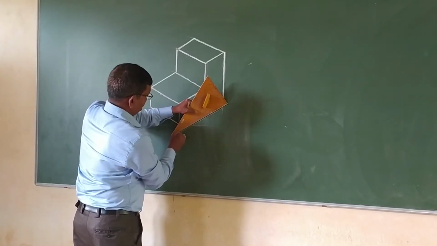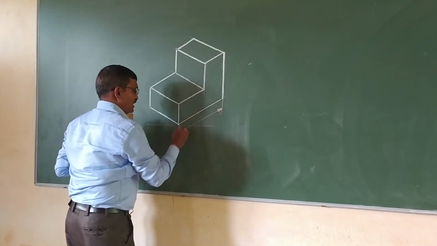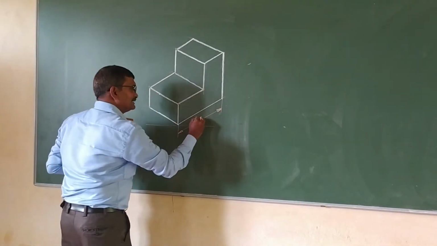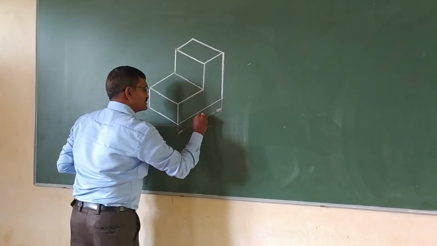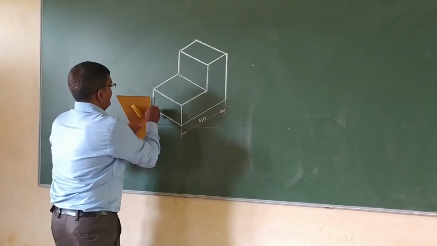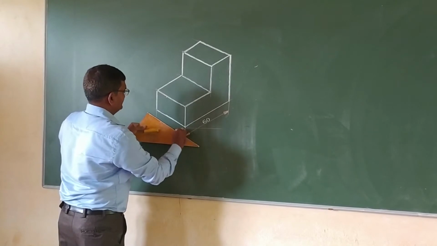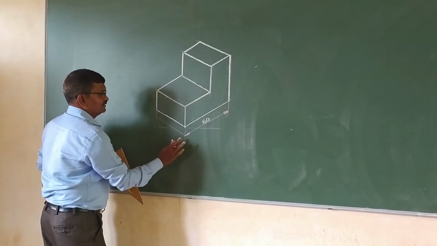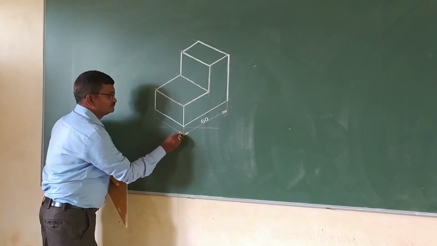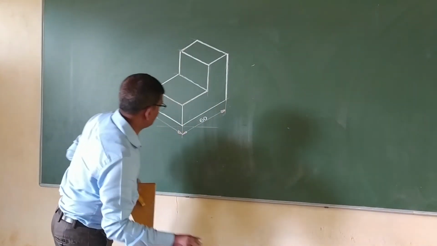one horizontal line. It is also a thin dimension line. At the end draw arrowheads, and above the line, in the middle, we have to write the dimension. It is 60 mm. It does not indicate the unit. And the width: draw a parallel line after drawing the extension line, and arrowheads on both sides. Width is 40 mm.